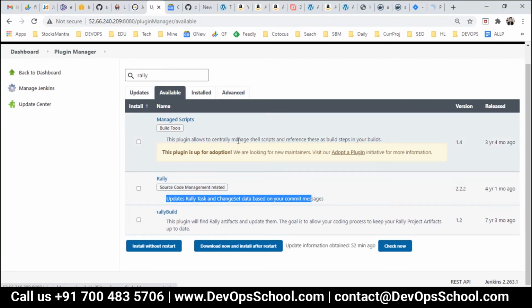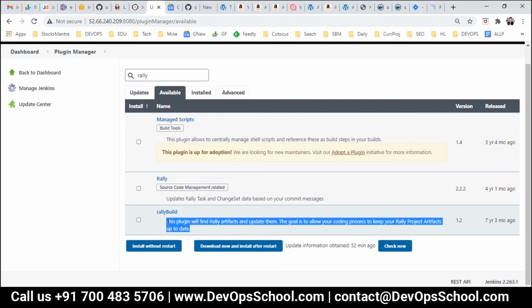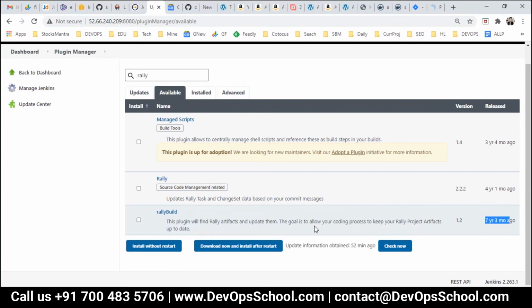This is a very old release, though, so I don't know. But if you don't find the plugins, you can also write some hooks and scripts and trigger them from the Jenkins job.